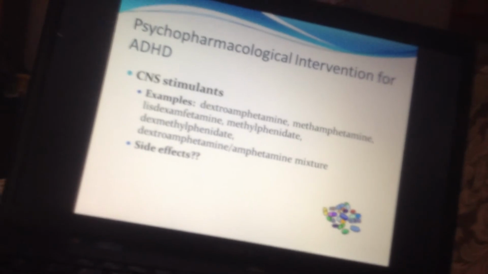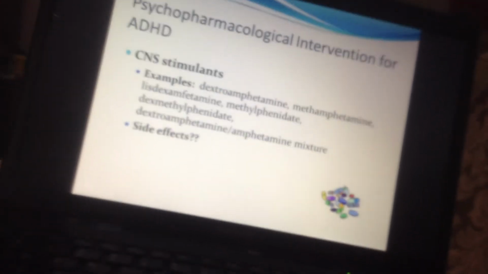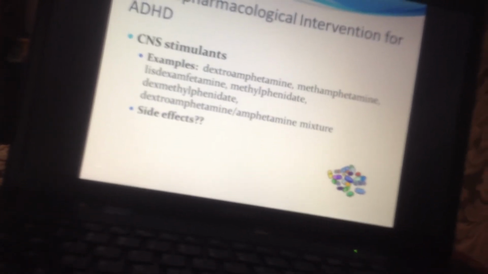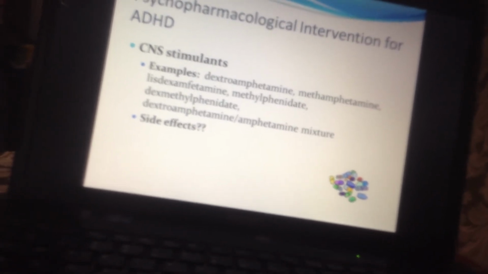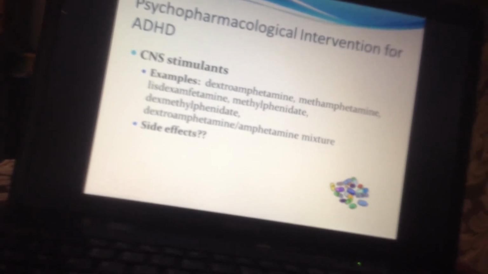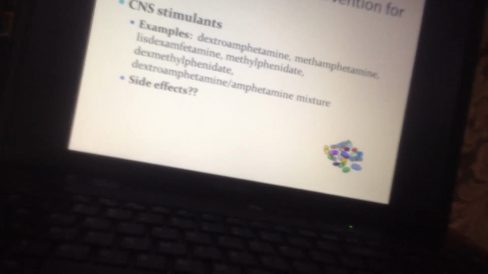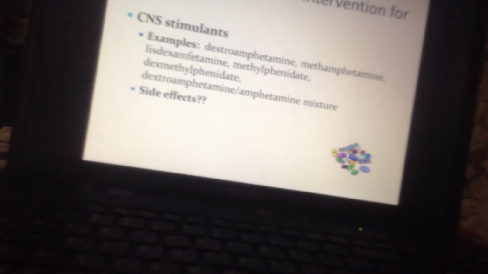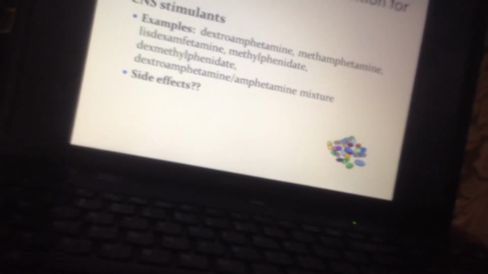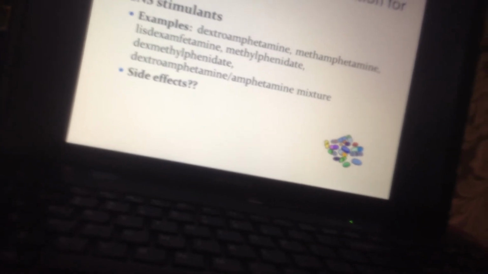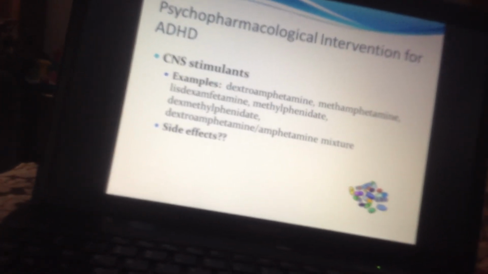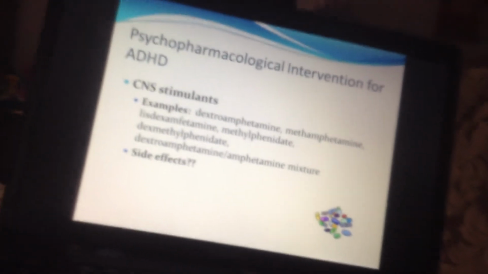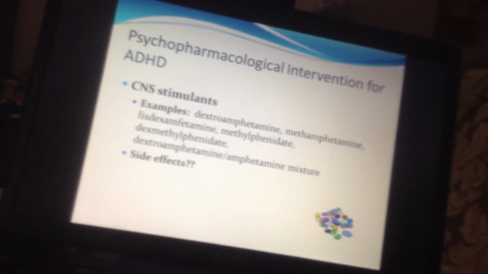Okay, let's look at the medications for ADHD, and what you would have is CNS stimulants. Now, you will notice that most of these end in AMINE. So, some of the examples are dextroamphetamine, methamphetamine, dexmethylphenidate, and that is Ritalin. So these are different medications. Now you want to pay attention to how they end, which is most of the time they end in AMINE. So that would help you learn these medications a little bit more easily.